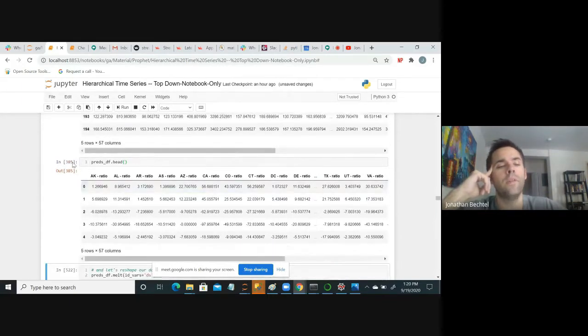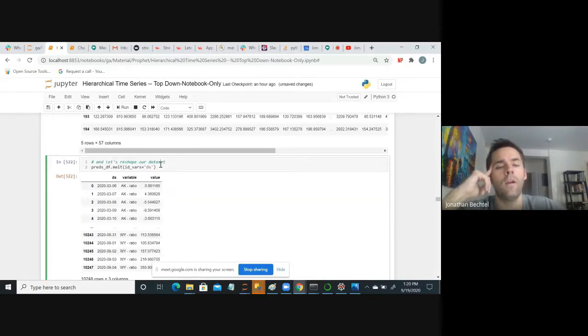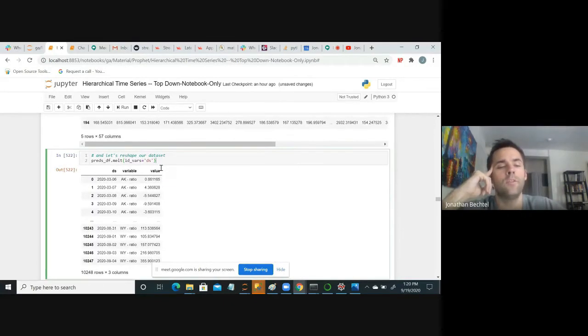So what we're going to do then, and I remember, Ricardo, you were actually very fond of this method once you understood what it did. And Shella, in our class, we talked about this a little bit when we talked about the hierarchical time series stuff, is the method called melt. All right, so if we run this,